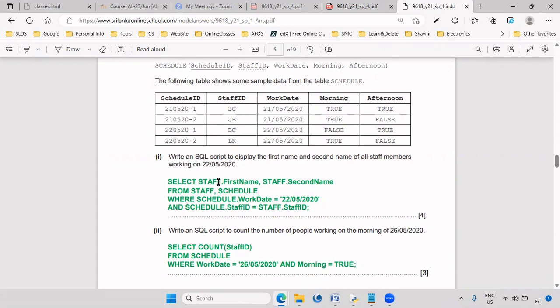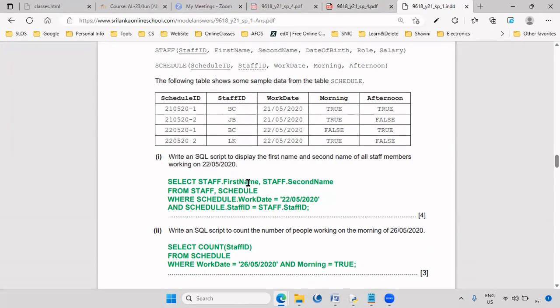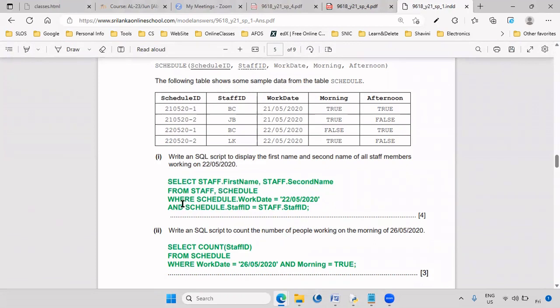So select staff.first name, staff.second name, because that's a requirement. Write an SQL script to display the first name and second name. That's all. So you select these two fields, first name and second name, then from both tables, staff and schedule, where